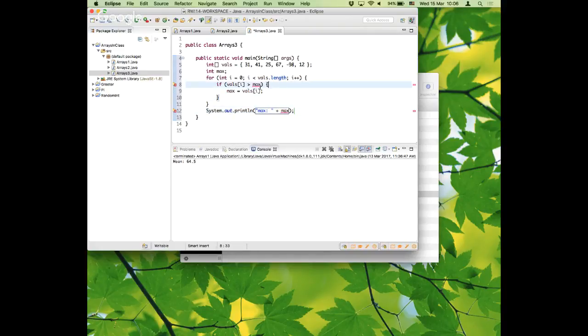But Java's complaining. It won't allow me to make that comparison with max in line 8, because it says the local variable max